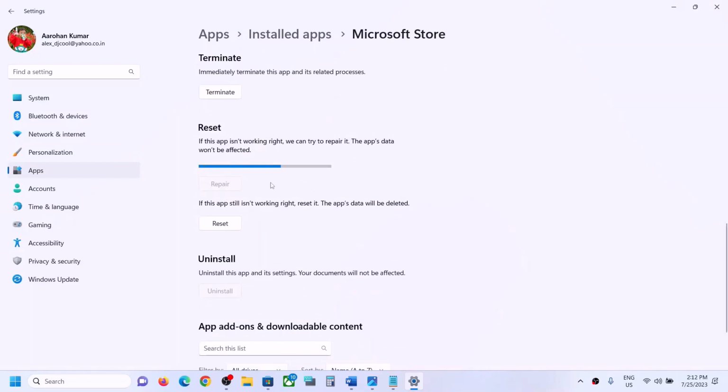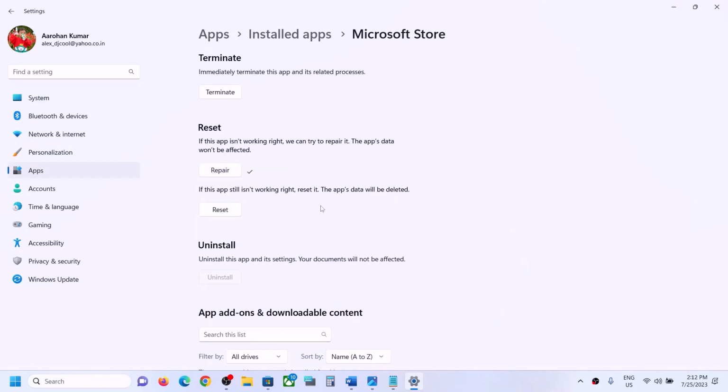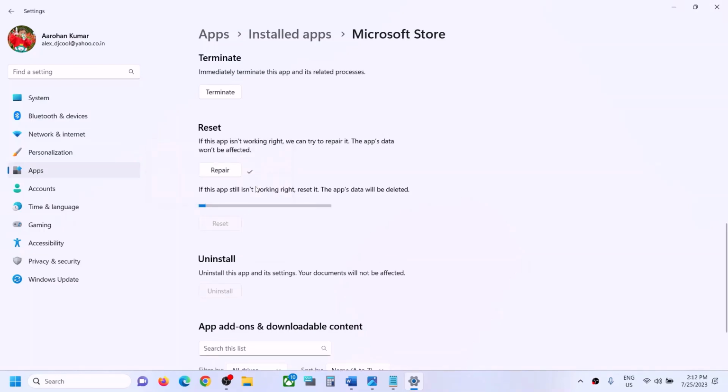Now once the repair is done, try to open Microsoft Store. If it's still not opening, then in that case click on reset. Now after the reset is done, you can try to open Microsoft Store. Now if you're still facing the problem,